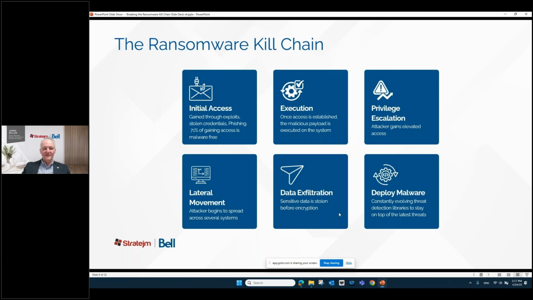Once they're in, then they execute on the malware. So they've established it and they've dropped a payload. That doesn't mean ransomware has occurred, but the payload exists inside the network. And that allows them in the background to start gaining access and escalating their privilege so that they look like administrators, they look like the top credentials at your company that can go across all systems and look at all